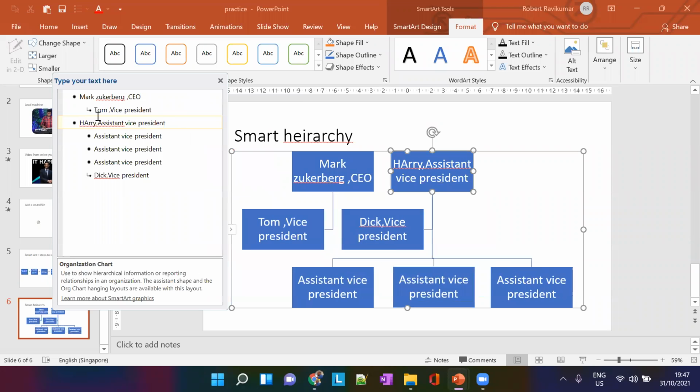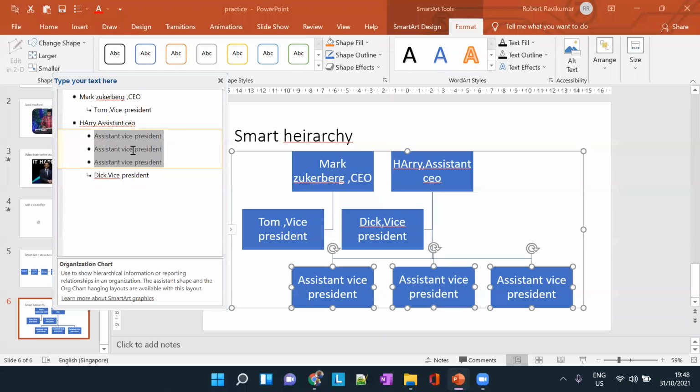So he gets a promotion and goes, I think, equal to Mark Zuckerberg, and he will have all the assistants. So he will also be a CEO, and he will have all these people under him. He'll have another three vice presidents and president under him. So this is how it works.